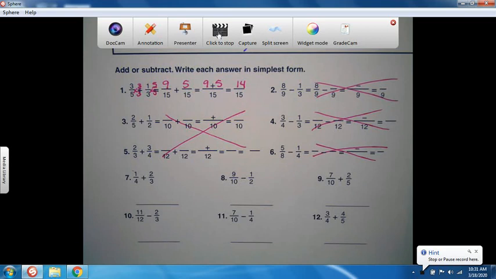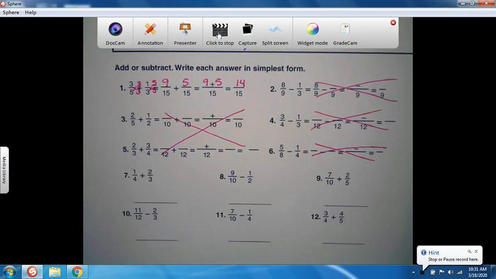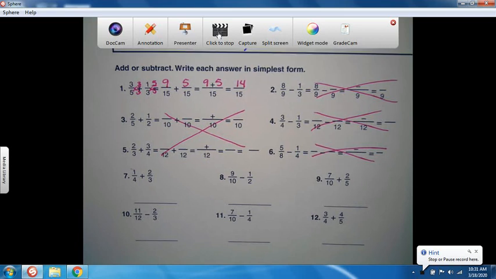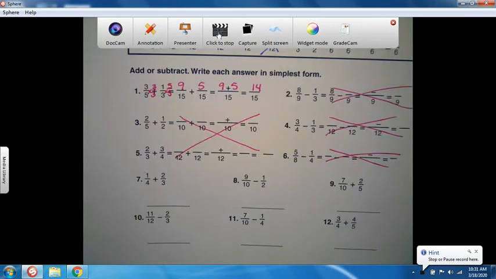Let's see. Well, usually I have them due tomorrow, don't I? I'd like to see if we can get these 11 problems done today. I'm sure you can get it done. That way I can check them and we can talk about them tomorrow. I can pick some that I see you guys struggled with and why you struggled with them. So don't forget, you're going to need your toolkit for this. These notes